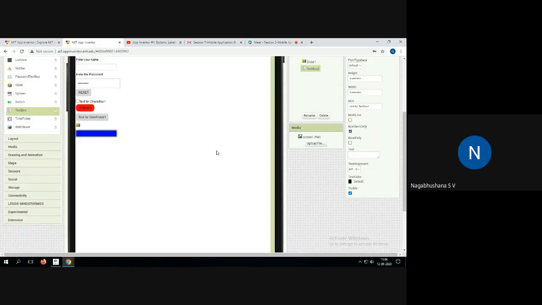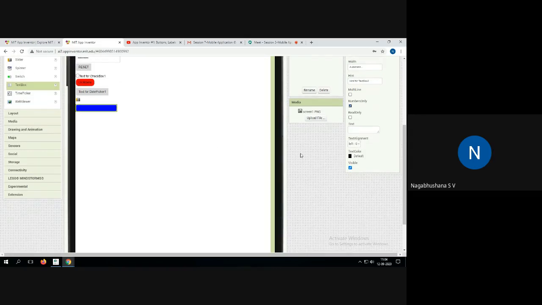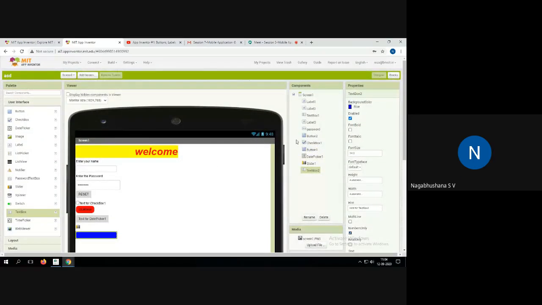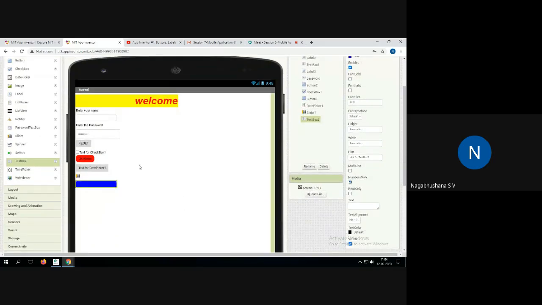So these are the properties. If you select any component and deploy it on the mobile screen, you just click on it and all those properties will come.